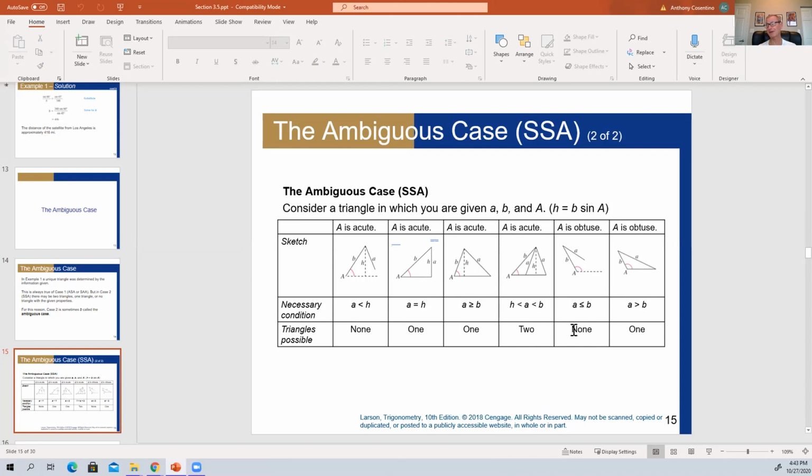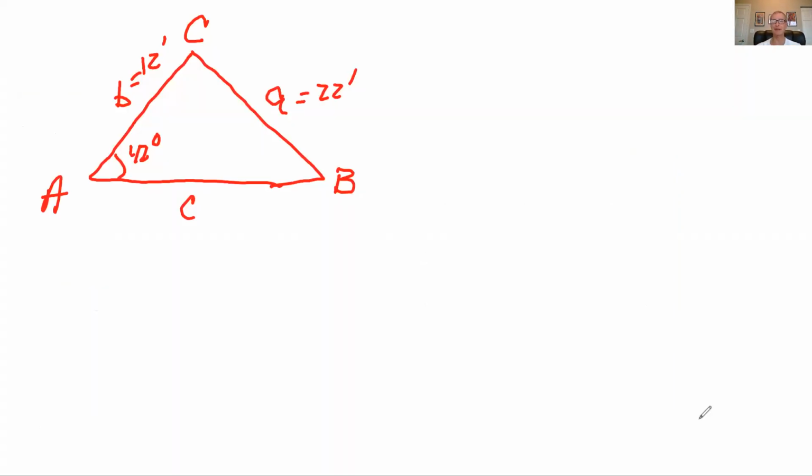All the other ones are kind of nice, right? You could have no solutions, but you would just walk through that. But you can see this is a right triangle. And then when A is greater than B, you always have one solution, which is actually quite nice. So what we're going to start with is the one solution approach. And so the way to strategize this, and why won't the whiteboard come up? Okay, so the way to strategize this